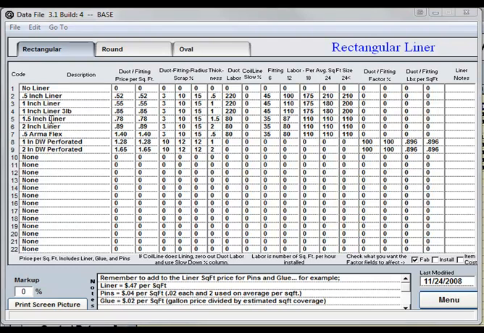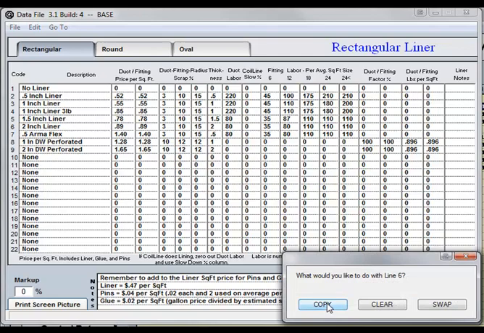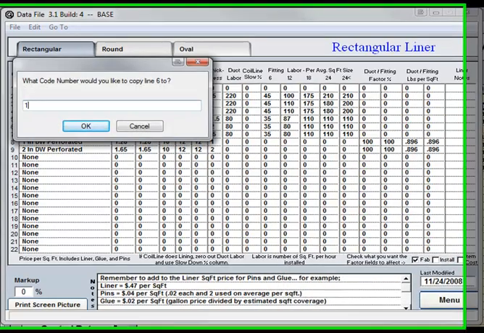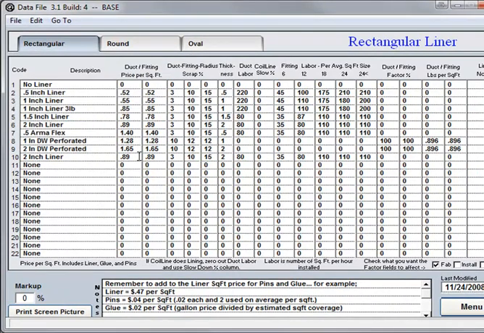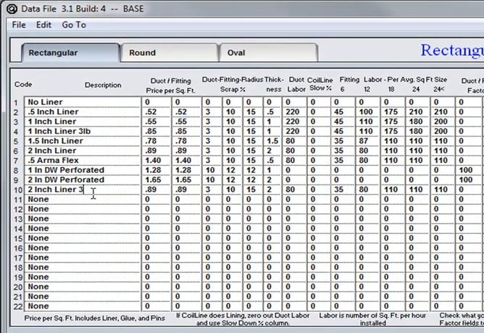If you wish to copy a complete line to another location within this setup, you can simply click on the code number on the left-hand side of the screen. Let's duplicate 2-inch liner down to line 10. I'm going to click on number 6 and hit the copy button. This will allow me to type in a 10, and you'll see that it'll create an exact copy, including the prices, the scrap factors, the thickness, and the labor factors. I can now type in a new description